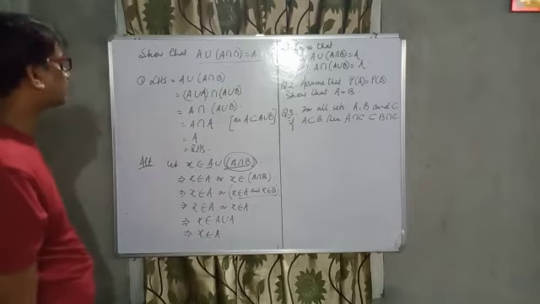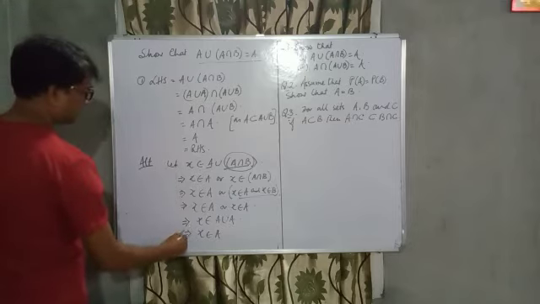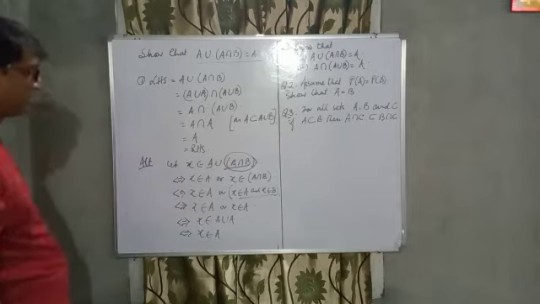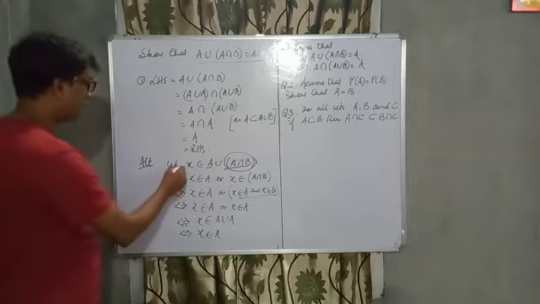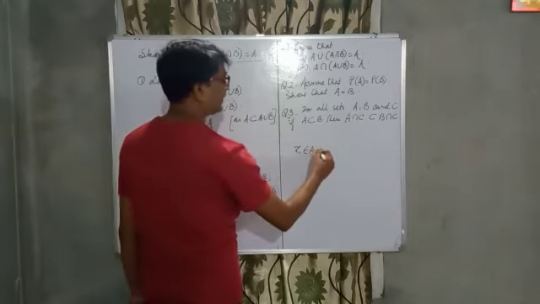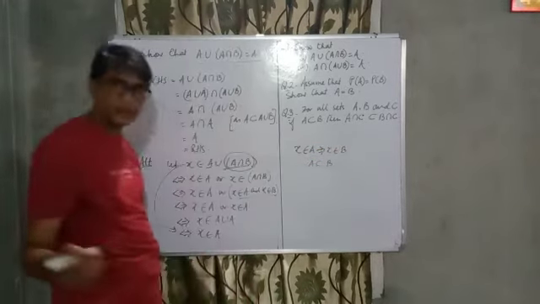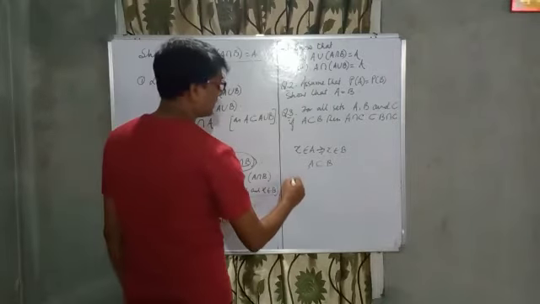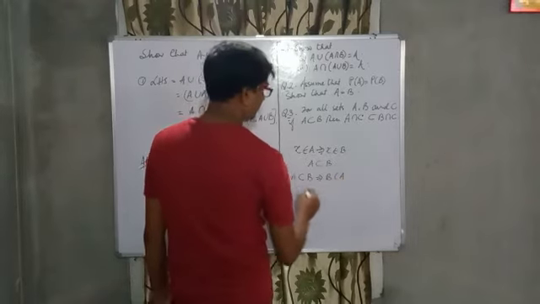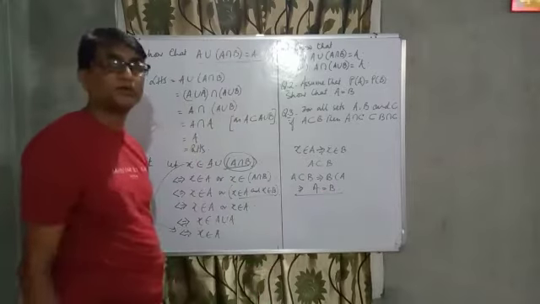Okay. So if we go in the reverse order, that we can use this one, if and only if. So X belongs to this. From here we are getting this one. So as for X belongs to A, the properties are X belongs to A implies X belongs to B, then A is a subset of B. Okay, this is one property. Or we can say, if A is subset of B and B is subset of A, then it implies what? A is equal to B. Two sets are equal.